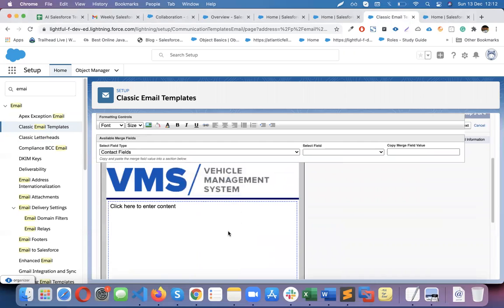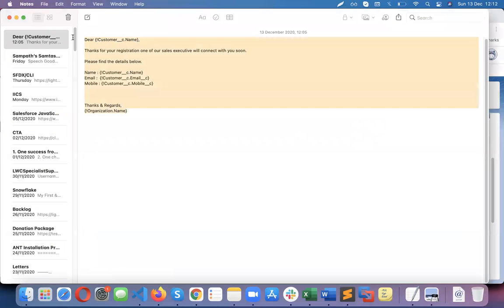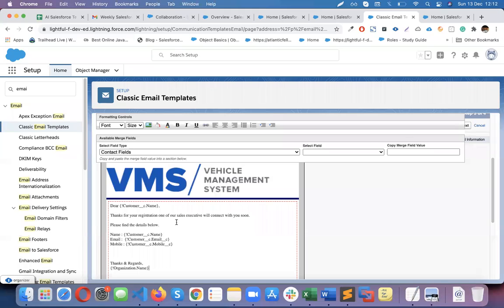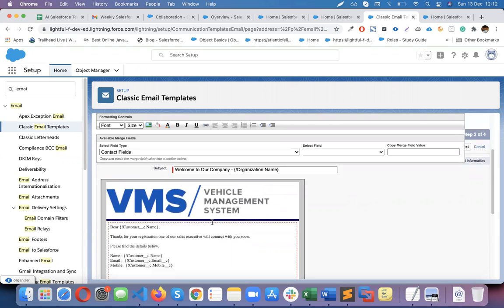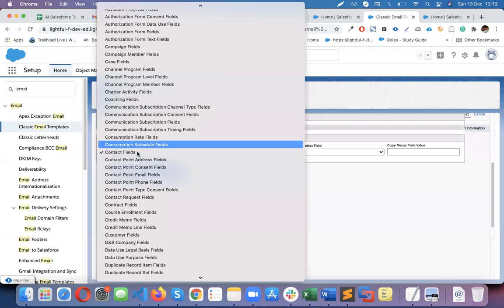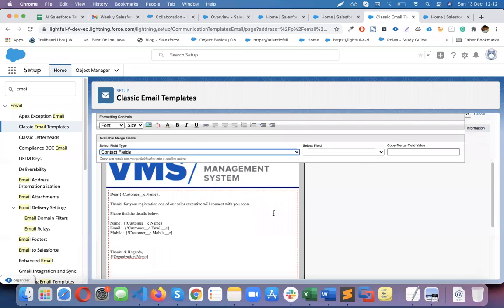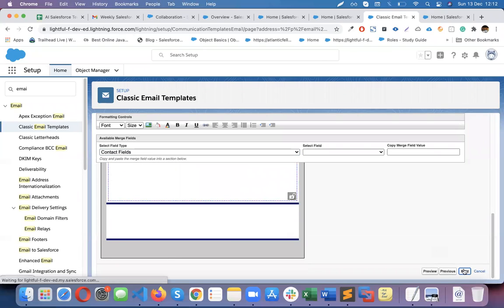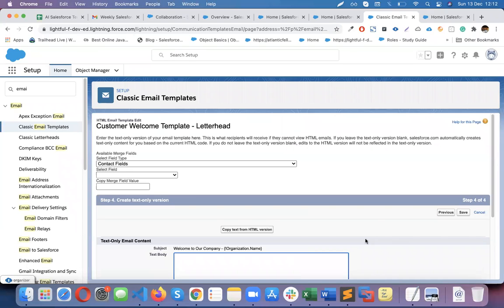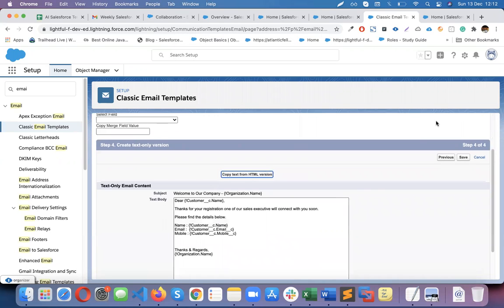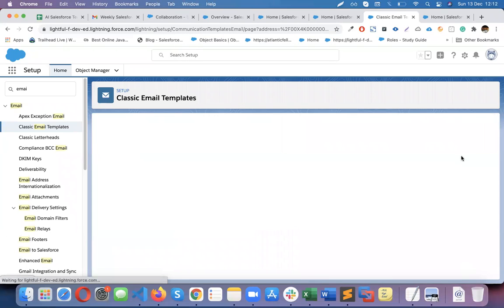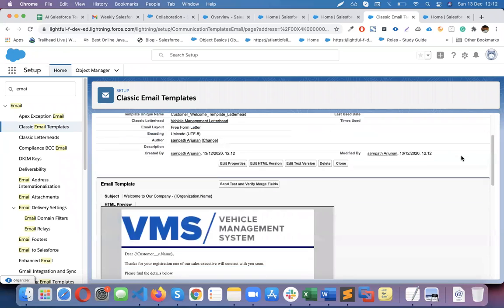See here, now the template is coming and you can paste your syntax. Now I'm going to copy paste the existing one, which I already have, right? So I just copy pasted. Here also, if you want to use the template, there is an option like merge fields. You can use the merge fields. Next. And copy the same information over here as well, text format, the same thing. Save. Okay, now the template is ready.